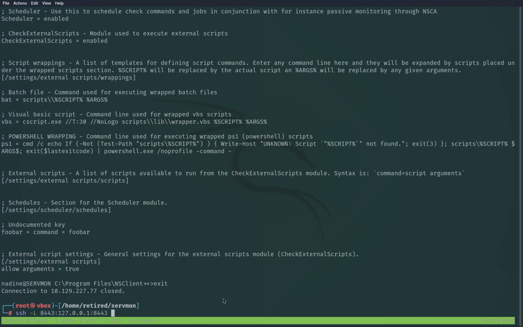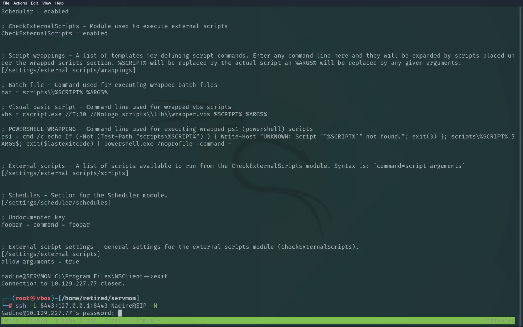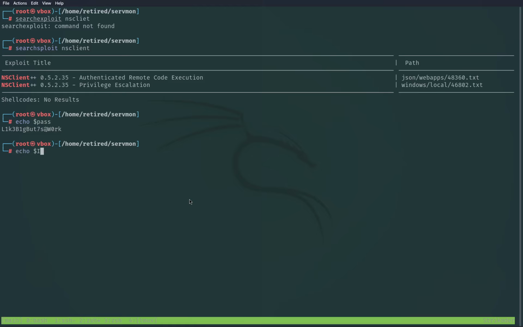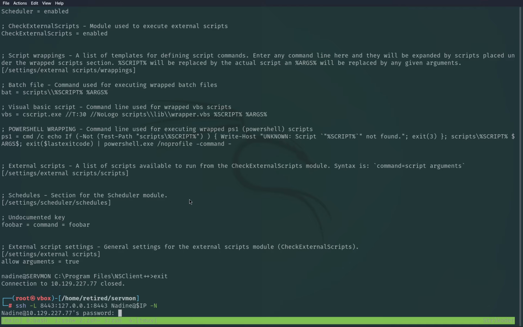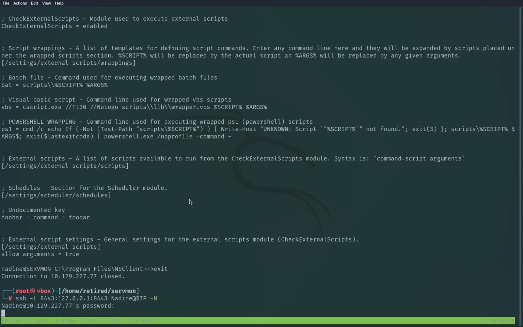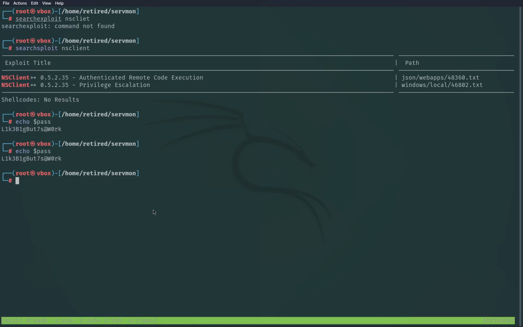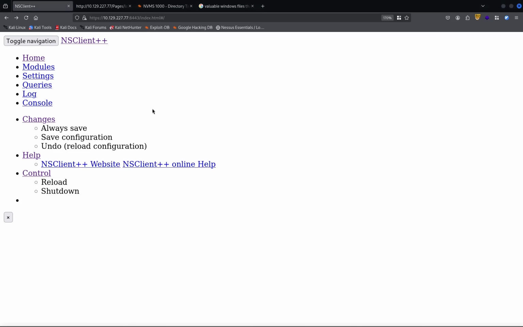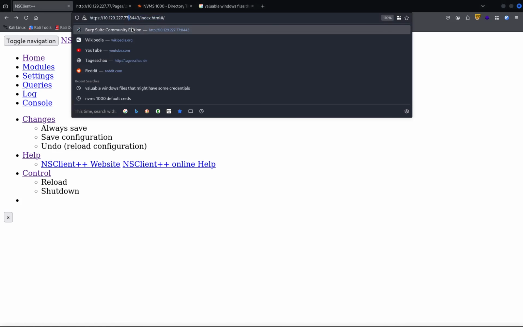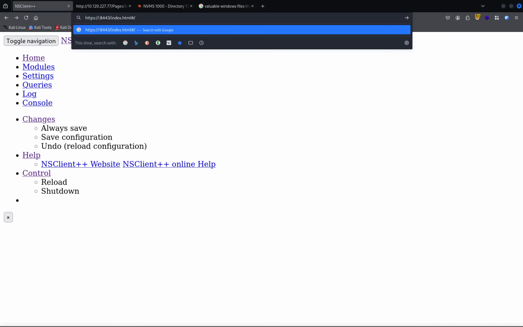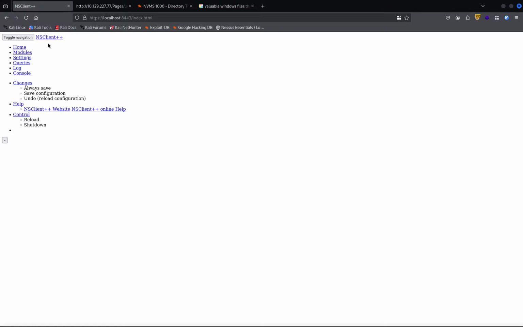So I'm gonna forward that into here, and what do I need to provide as well? Maybe the username at the IP. Now they would need the password. Let me get that. Echo pass, get that, paste that into here. Okay, so now the port is forwarded. Let me check this again, but instead I'm gonna provide the localhost. I'm gonna remove this. So we have,